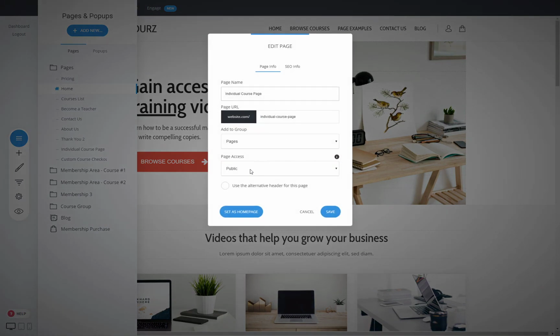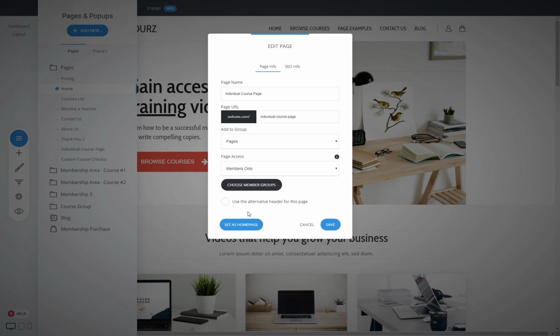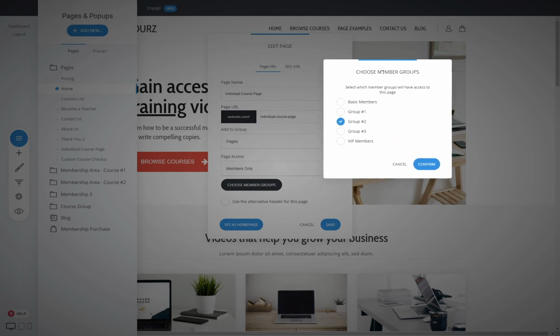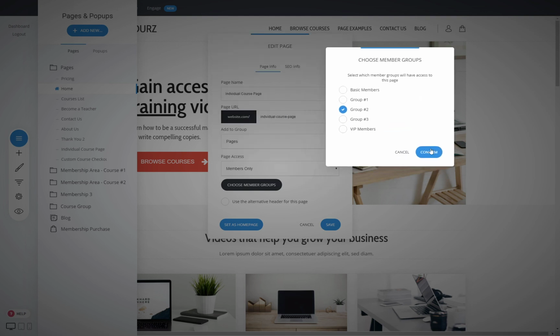There you can see that you can select the page access. So this is the very important part. This is where you restrict the access to different members. By clicking on members only, you can select what kind of groups you want them to have access to. So in this case, we want to restrict access to group 2, because we want whoever purchases access to